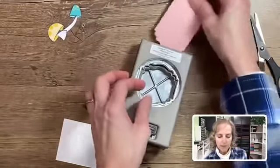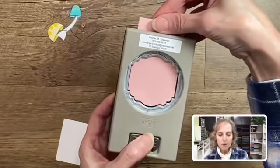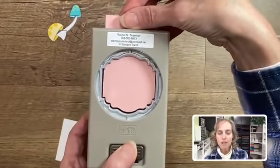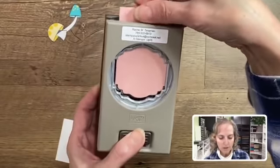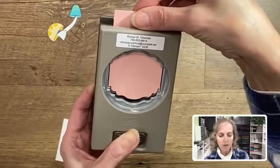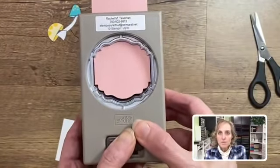Now we're going to bring it in this way. And when we bring it in this way, we don't want to have the exact same border all the way around, because when we punch it, that's going to make this seam even tighter in this direction. So we want to have a bigger gap there. I know I'm moving my hand too much. Let me hold it steady. So you can see I have a slightly larger gap at the bottom. So when I punch it,